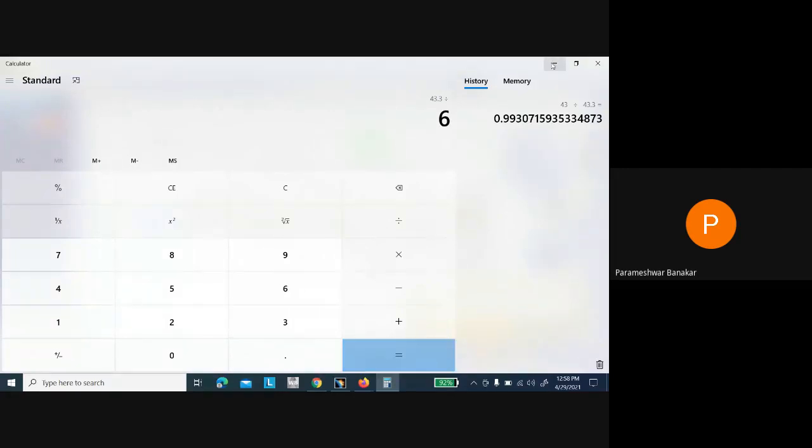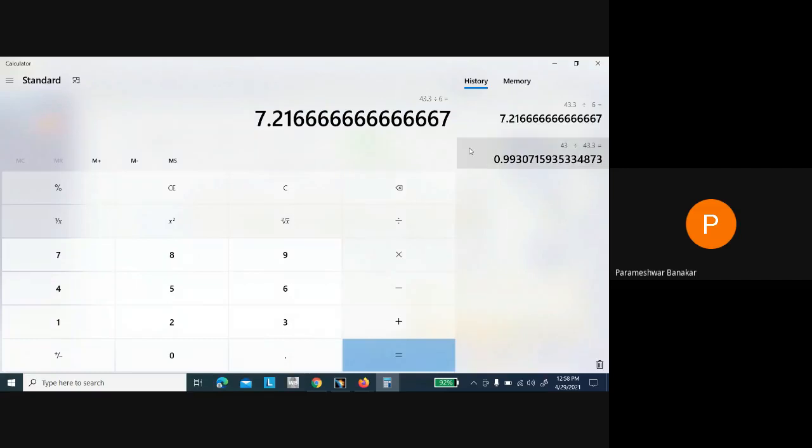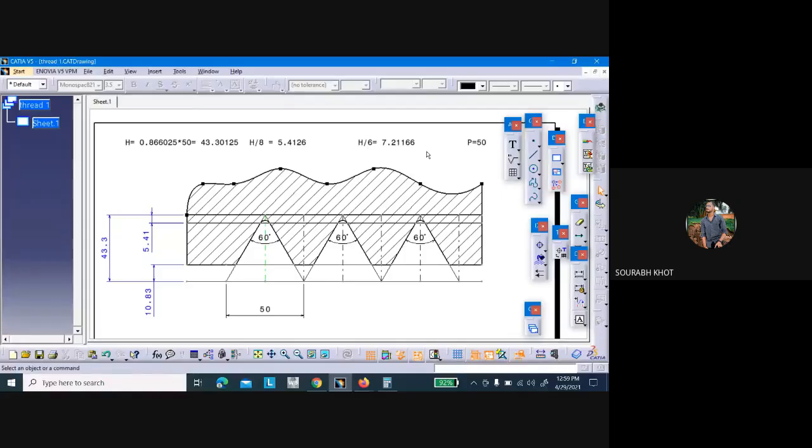Just a second. The answer is 7.2166. Are you sure? Just do it once again. Yes, sir. I will just confirm it. 43.30 divided by 6. Correct, sir. 7.2166. Yes, correct. So this will be our 7.2166.